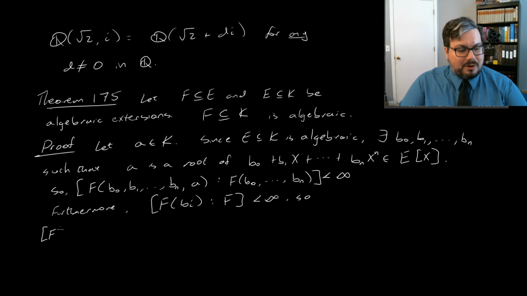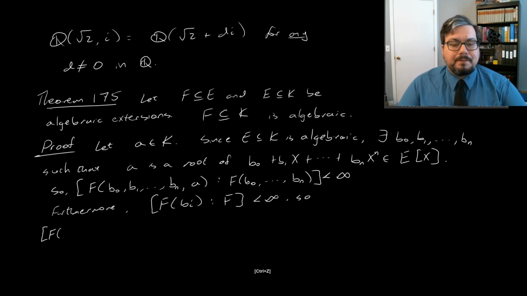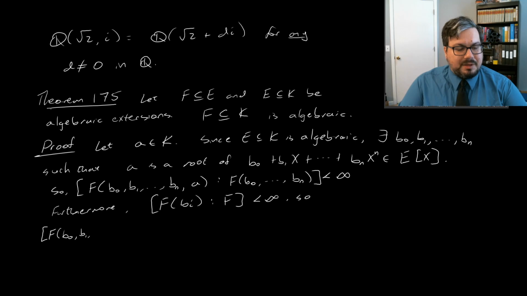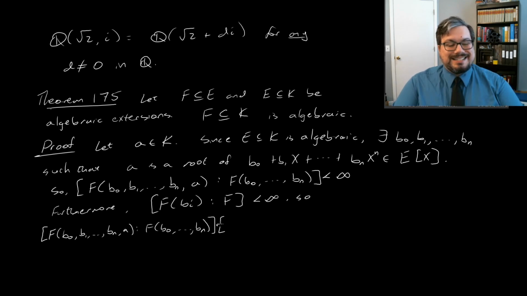We have that the degree of F(B0, B1 up through Bn, A) over F(B0 up through Bn) is equal to, getting slightly ahead of myself, times the degree of the extension